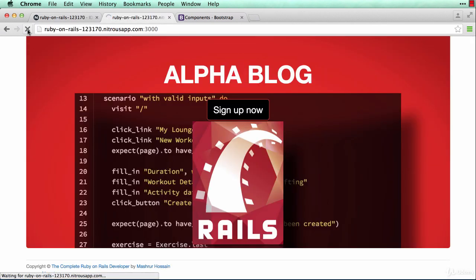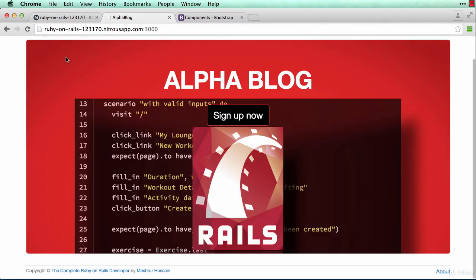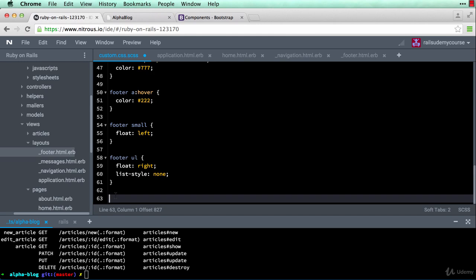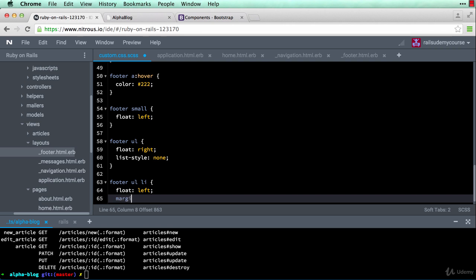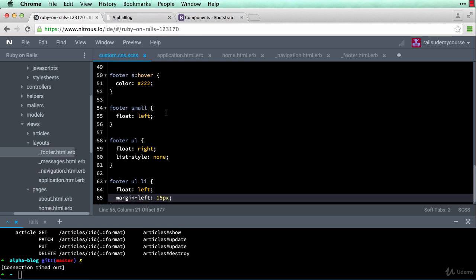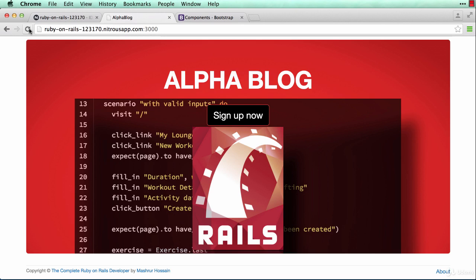Reload. Okay, it's right there. So over here, I'll say footer ul li and float colon left semicolon, and then margin-left if I want to add more items, 15 pixels, semicolon. All right, save that. Now if I reload,